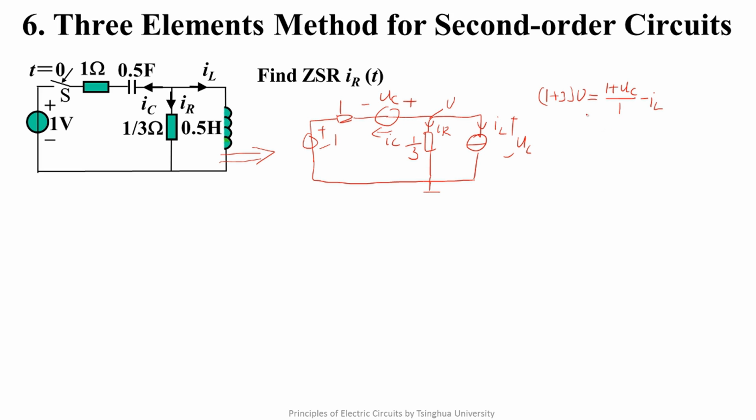That is, so we can solve the U. After we get U, we can get IC. We need to write KVL in this path for solving IC. Thus IC equals minus UC plus U minus 1, over 1. So it is